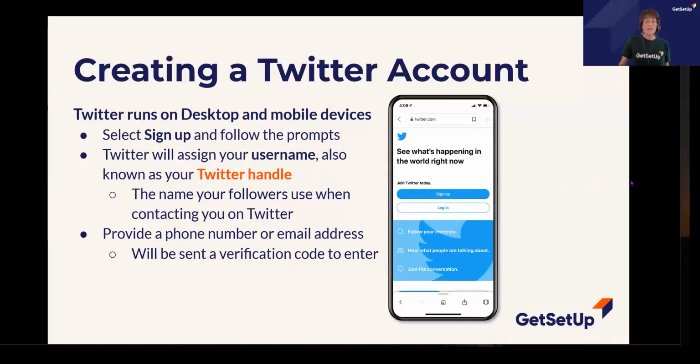So Twitter runs on your PC, and it also runs on mobile devices, your smartphone and your tablet. You can download the Twitter app. It's free from the App Store, the Play Store. On your desktop, you can go to twitter.com. And today I'm going to be using my phone to show you what Twitter looks like when you're using it